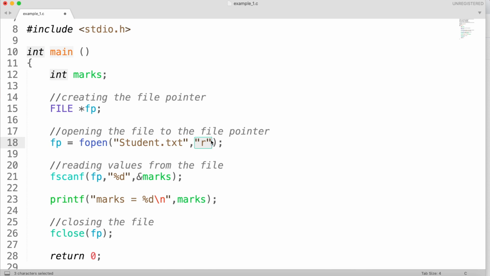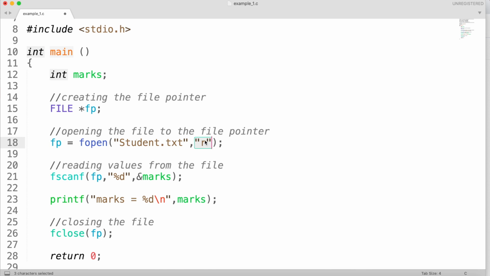The second is the W mode, or write mode, which allows us to write something into our external file. The third is the A mode, or append mode, which also allows us to write to our external file, but it won't erase the existing content in that file. Those are the three basic file opening modes in C.